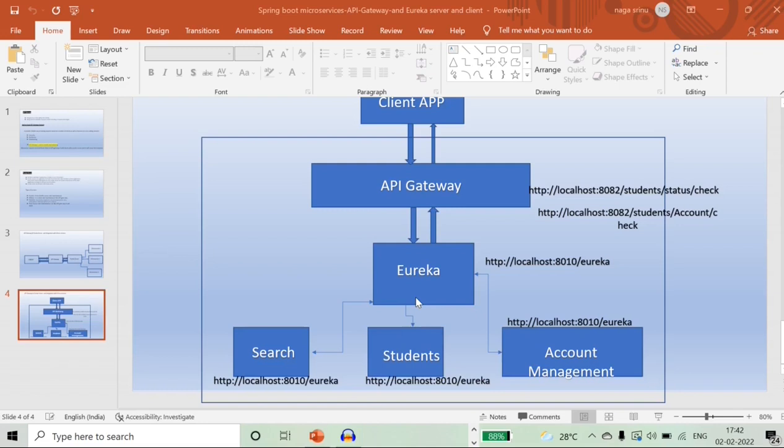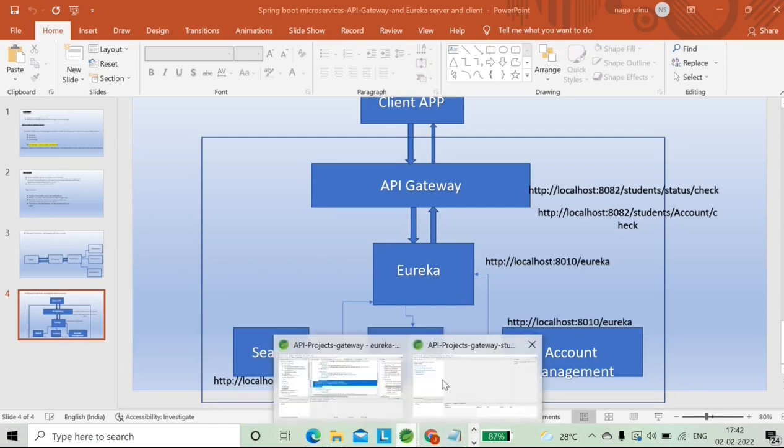So first of all, we need to define the student search microservice, the student details microservice, and the account management microservice. Once we create these three microservices, we need to create a Eureka server for service discovery. Once the Eureka server is created, then we need to go for the API gateway. So practically, how can we achieve this? Go to your STS tool and open your workspace, and now it is